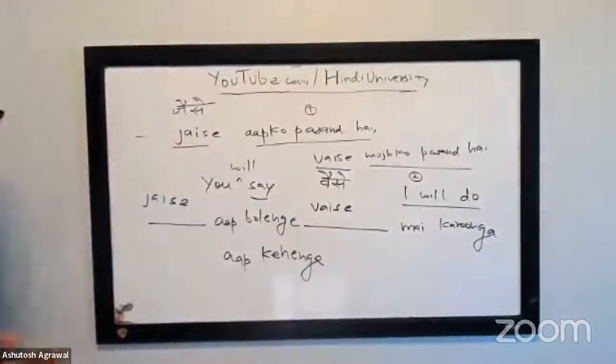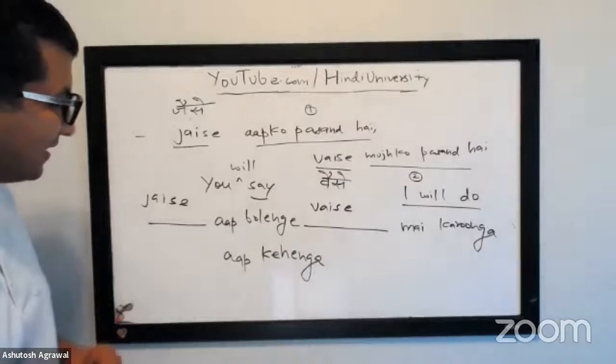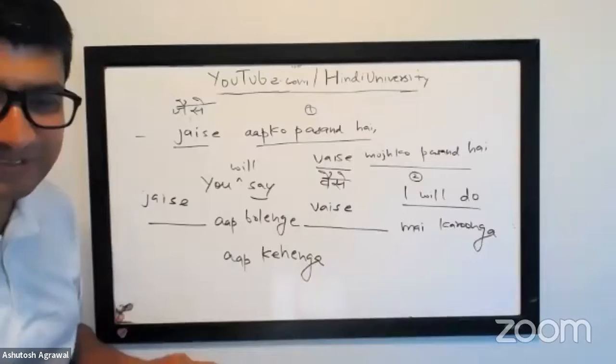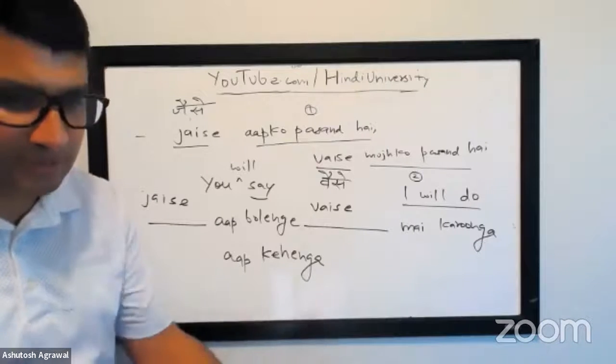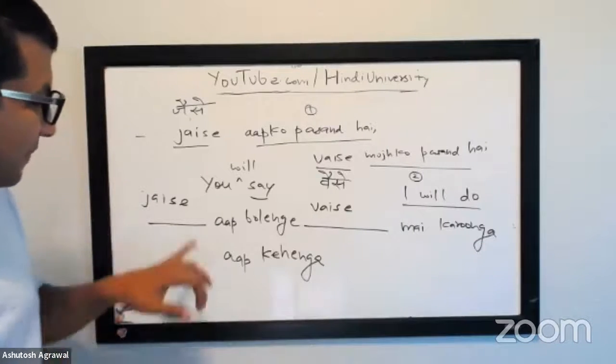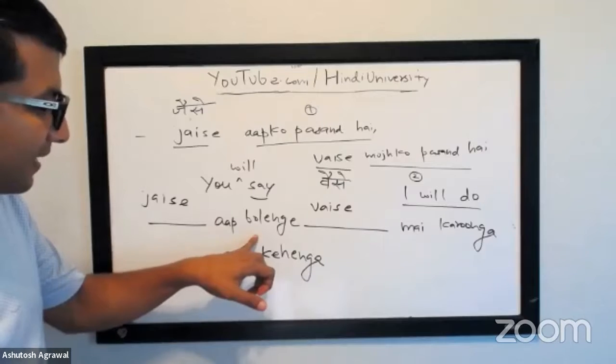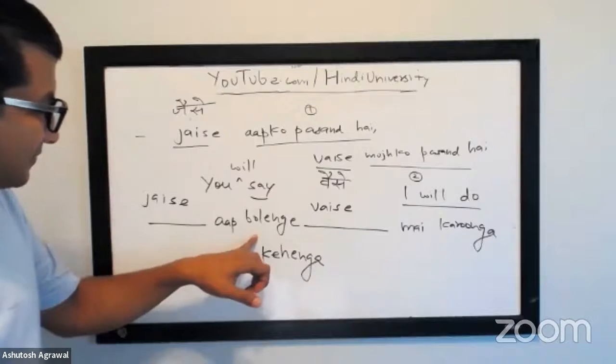What does it mean? Whatever you say, I will do. Exactly, right? So I'll do the same way as you will explain it to me, right? I will do in that same way, manner. जैसे आप बोलेंगे, okay? Like जैसे आप बोलेंगे,